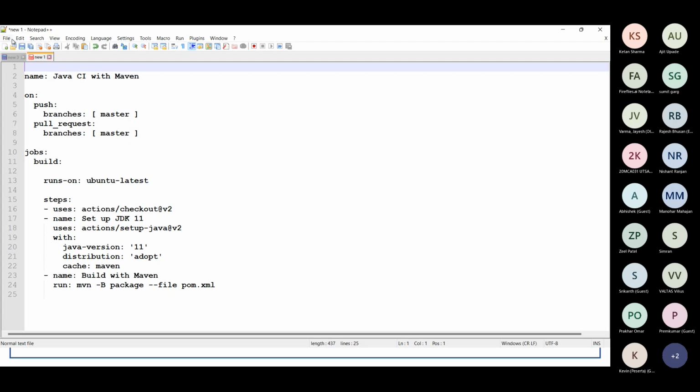Now after that, once we are giving a particular name, I can say Java job with Maven. Any name you can give over here in this one.